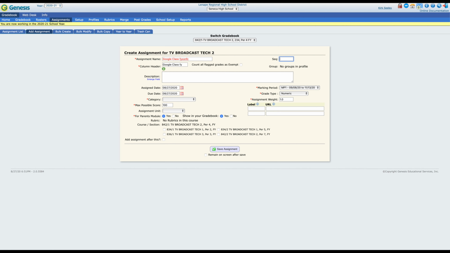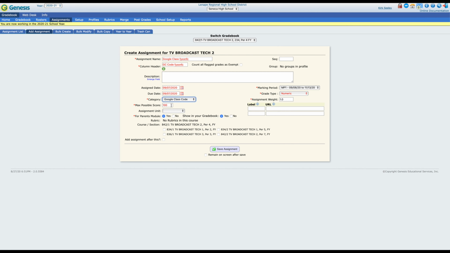Now when I hit tab, you'll notice in the column header that it cuts off most of the code. So I'm going to get a little clever here, and I'm going to do GC code, and then I'm going to type again, copy and paste the actual class code. All right, and then according to the instructions, you want to go with a date that takes place during the school year. So we'll just grab September 7th for demonstration purposes, and our category, we're going to choose Google Class Code,